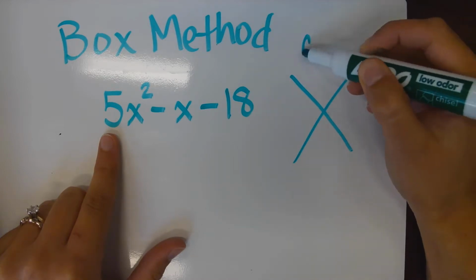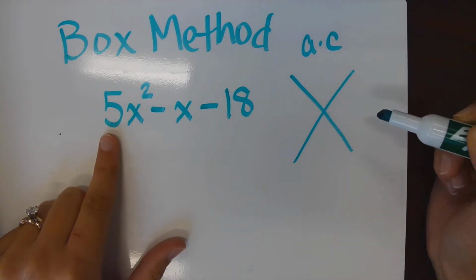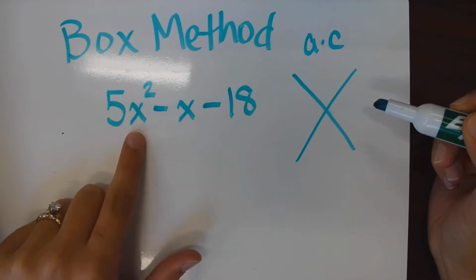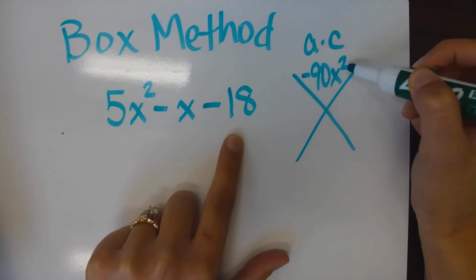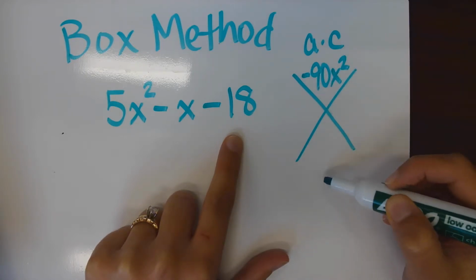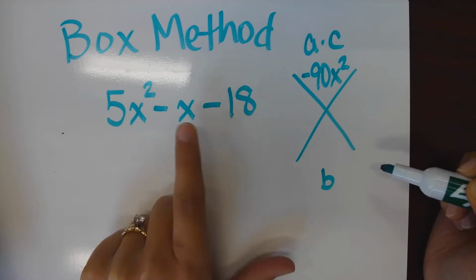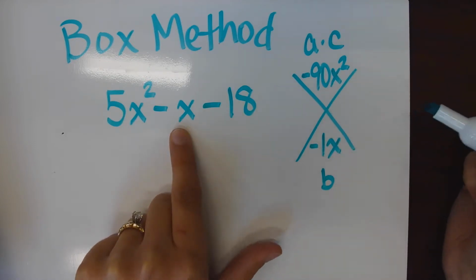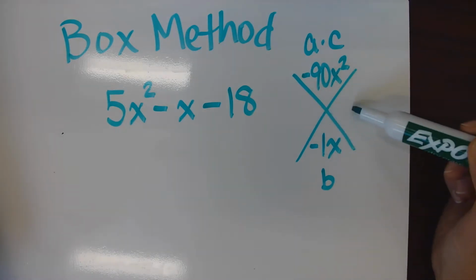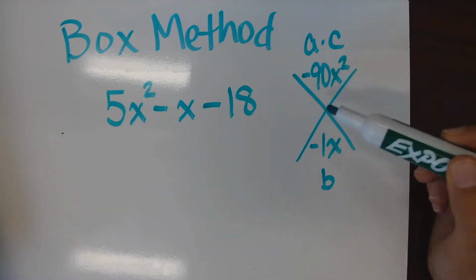Okay, in the top part we do the first times the last, our a times c, and I'm going to keep the x's with it. So 5x squared times negative 18 would be negative 90x squared. On the bottom here, we're going to put our b value. So that would be a negative 1x. So now I need to think of two numbers that would multiply to give me negative 90 and add to